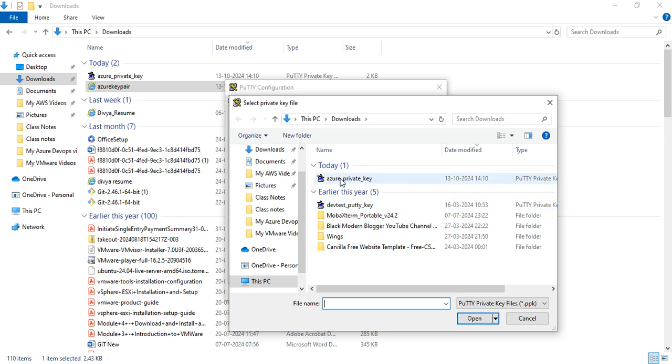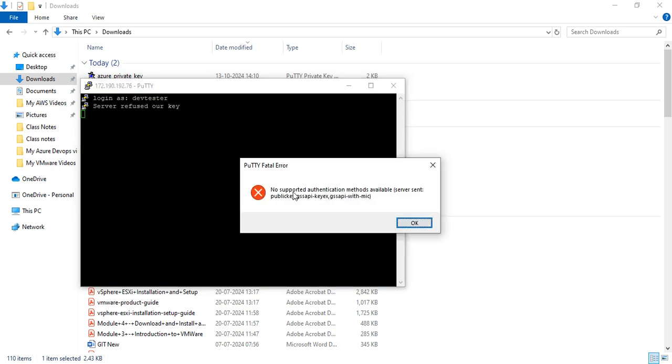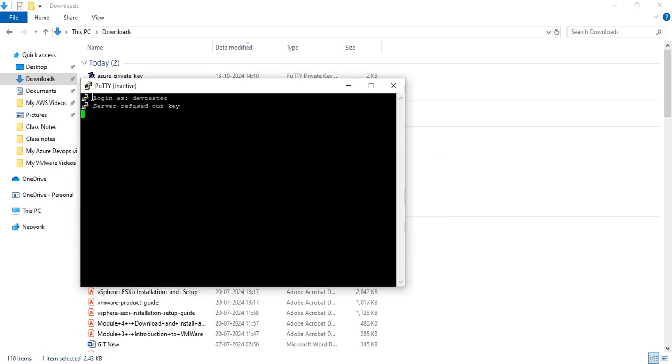So we can select the Azure putty key, Azure private key. Will it be taken or not? We will check, dev tester. Okay, as it is not accepting,